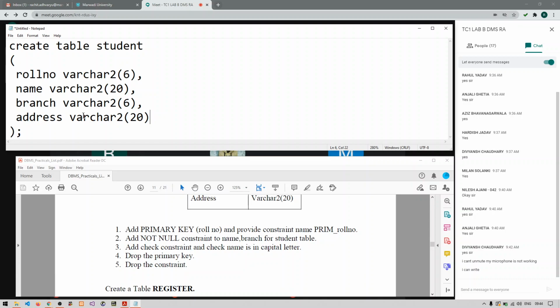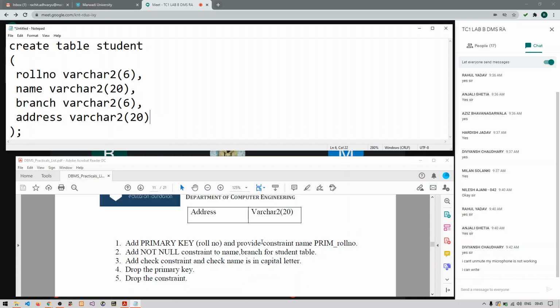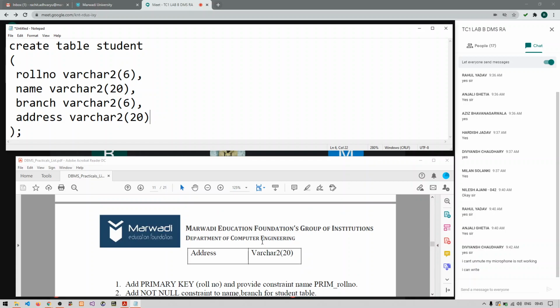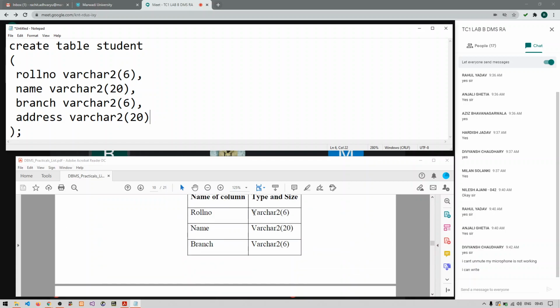Just check it out very clearly. Is the syntax of creating the student table right or wrong? Okay, fine.